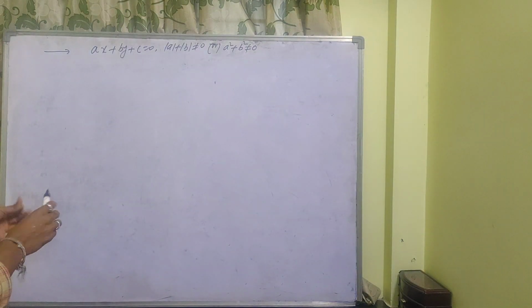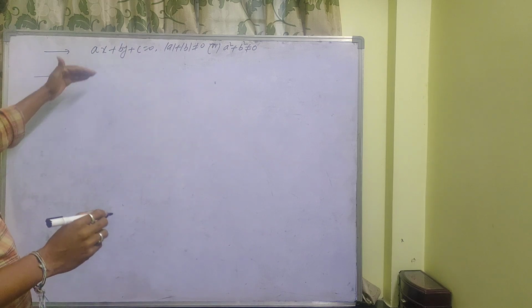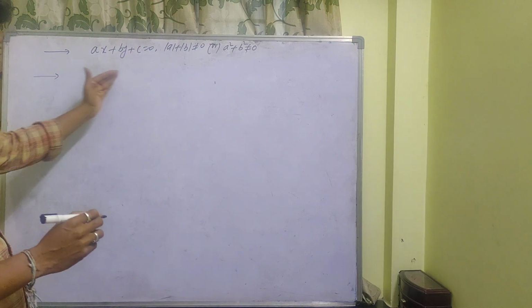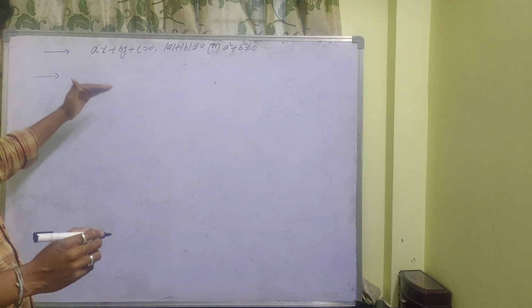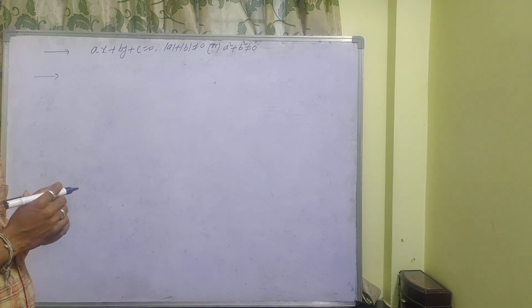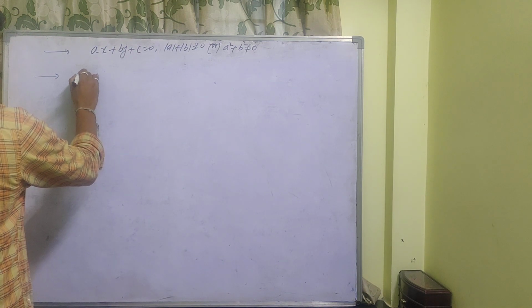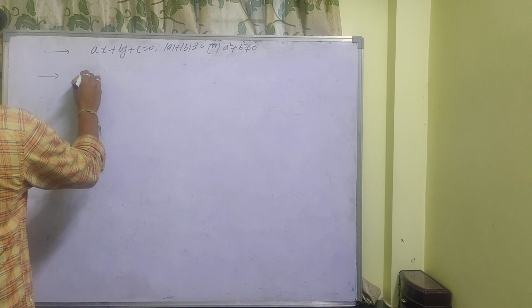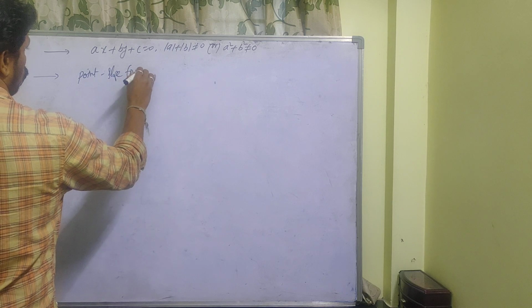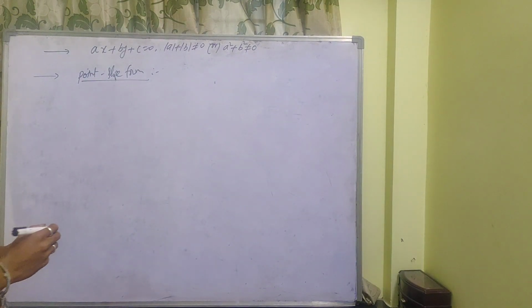Here, the first form is, and that means every equation, if you follow these concepts, that means different types of forms, if you derive it, we can get in this form. Okay, that means the first form is point slope form. See here, point slope form.